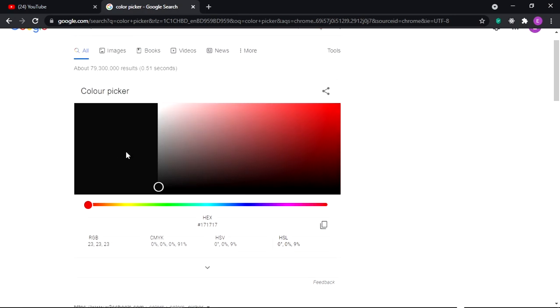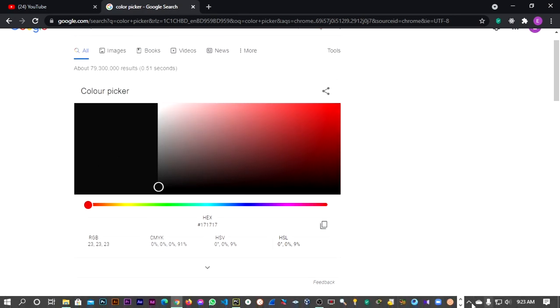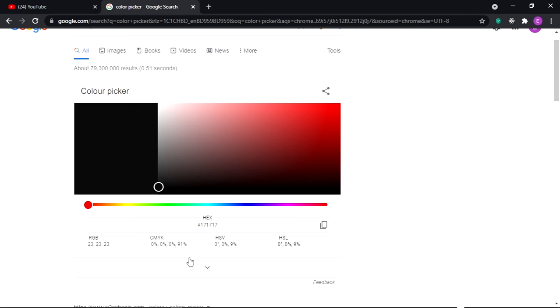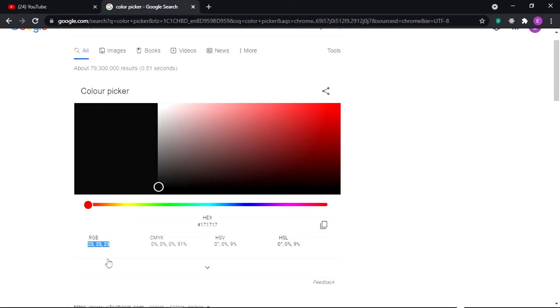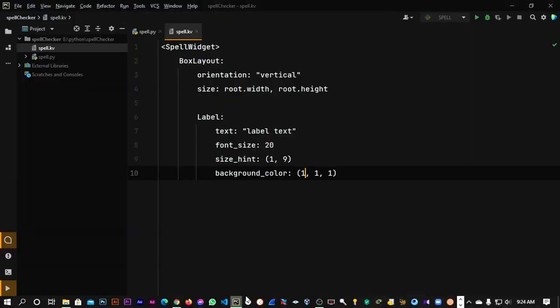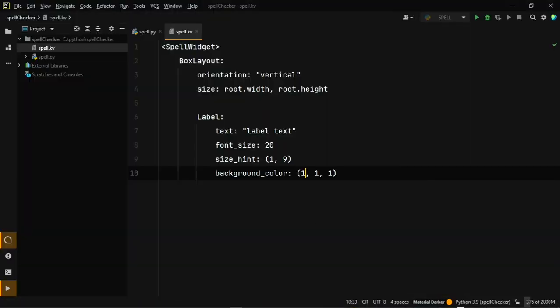So basically this is the color which I want to be applied in our application. But how would you put this RGB value in here, because it only accepts values from 0 to 1? Kivy doesn't know what 23 means, right? So how would you put this 23 RGB value in here? To solve that problem, what you can do is take that RGB color,